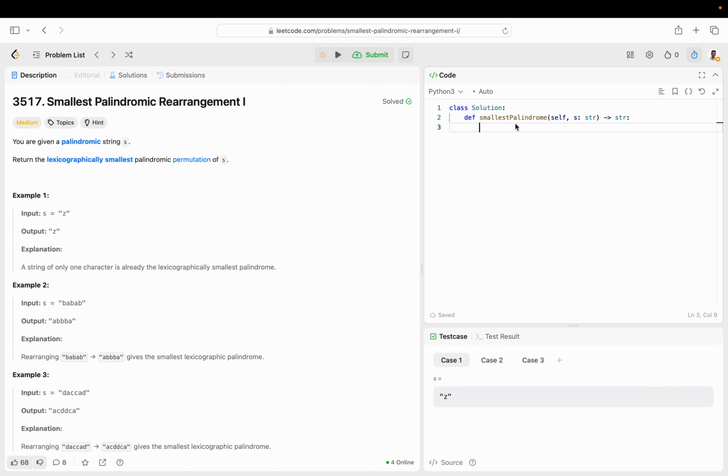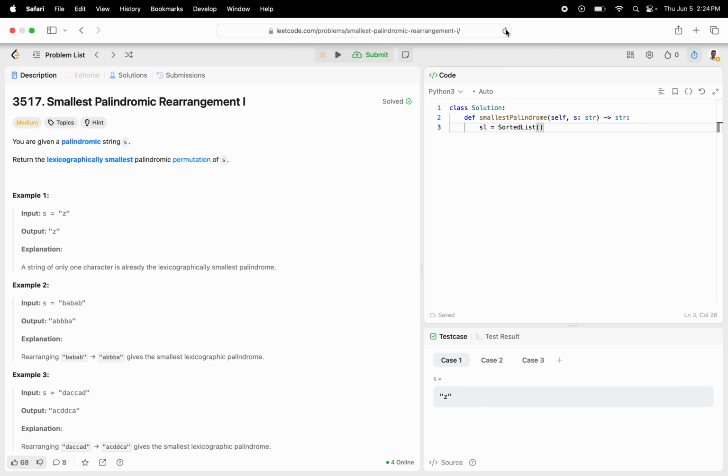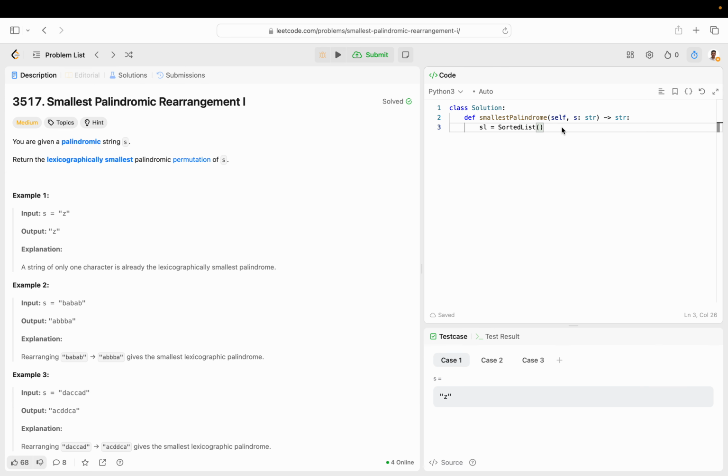Let me show you the brute force way of doing this, which is pretty simple. Just generate a sorted list, and then just go through. I don't know why the return bar never works on Leetcode. Considering I'm paying for premium, they should have a better user experience, but some things are just the way they are. So generate all permutations